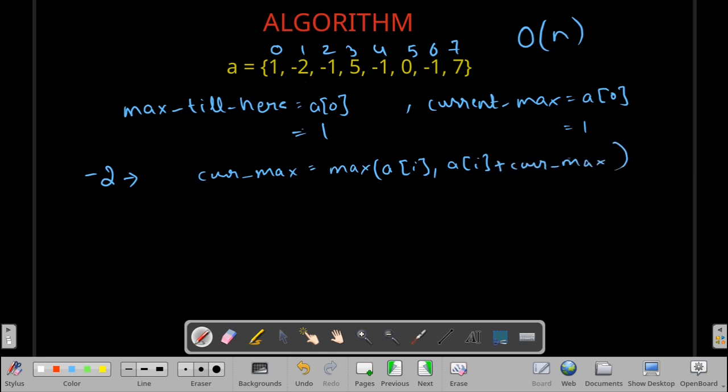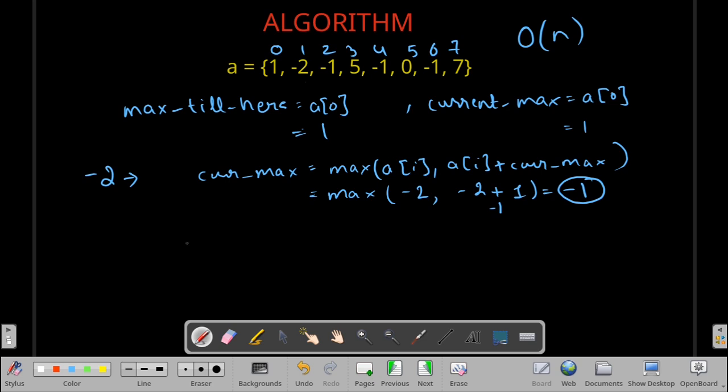We have to check for each element and update current maximum as well. So we take the maximum of a_i, which here is -2, and -2 plus 1. So this will be -2 and this will be -1. So we get -1 here, and current maximum will be updated to -1.